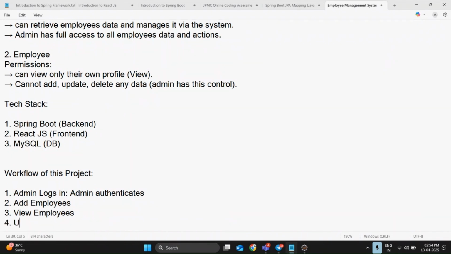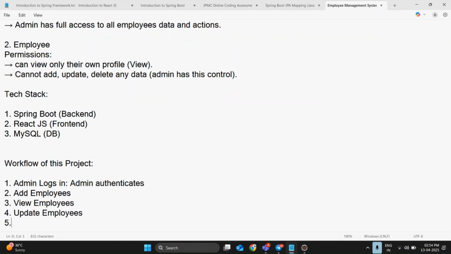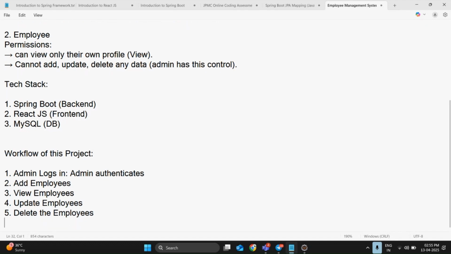He's going to update the employee. He's going to delete the employee. Okay, every leave,